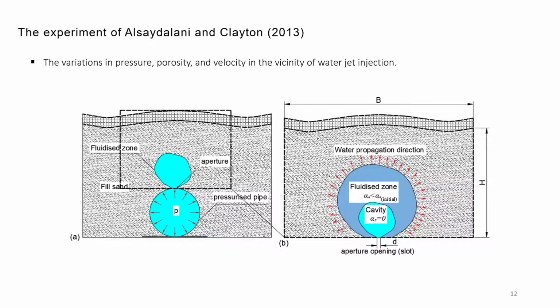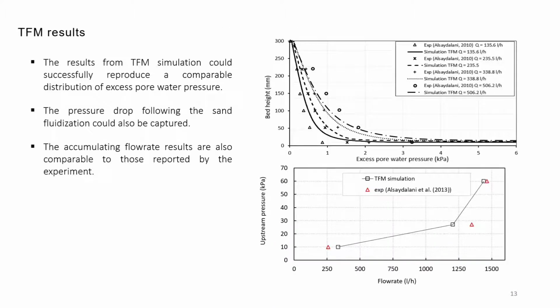So the experimental setup is a submerged sand bed with a slot opening at the bottom, and this slot opening has water injected through it, either at constant pressure or constant flow rate. And in this case, we're expecting an increase in the pore water pressure in the vicinity of the injection, as well as some fluidization near the location of the slot. So we carried out the simulation of water being injected through the slot,